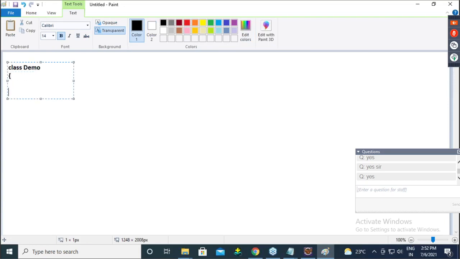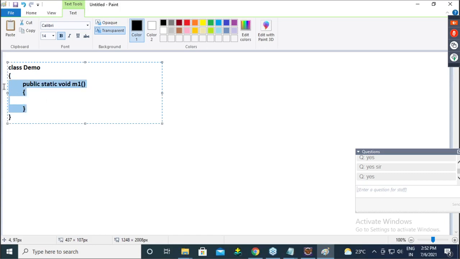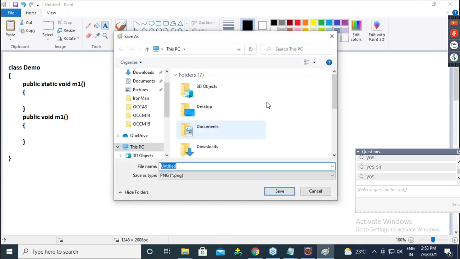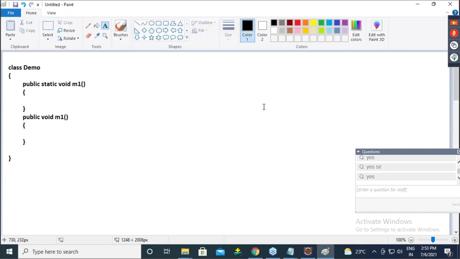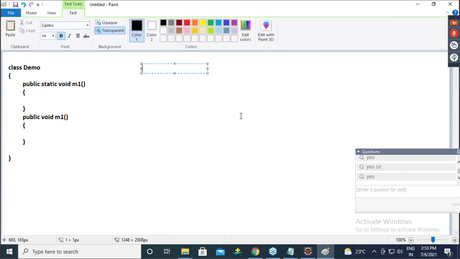Let's say class Demo having one static method, and having one non-static method.